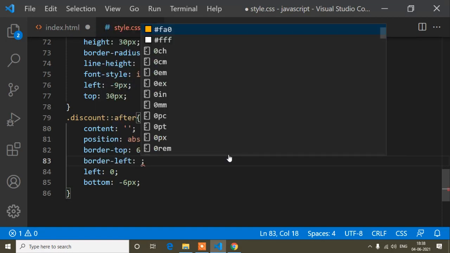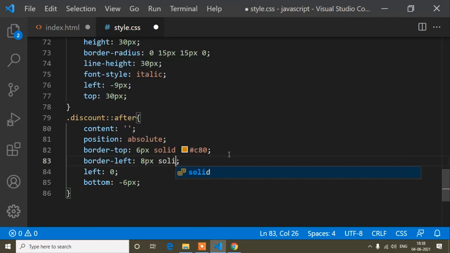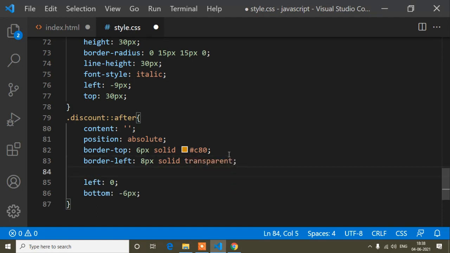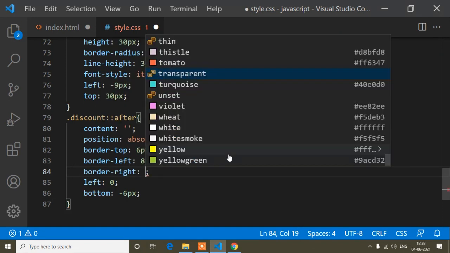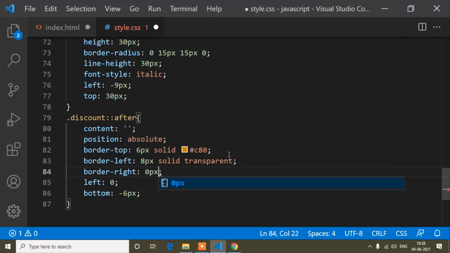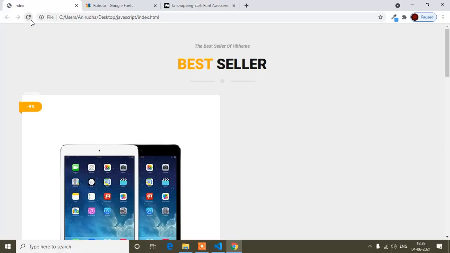So border left will be 8 pixel solid and transparent, and border right will be 0 pixel solid, and the color is transparent. So save, and now refresh. So you can see it's added.